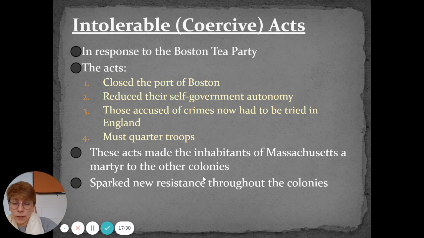Every other colony, the Carolinas, New York, they saw what was happening in Massachusetts, and all of a sudden, they're also against what was going on. They maybe hadn't been on either side previously, but now were very much so on the side of Massachusetts. They said British can't and shouldn't be able to do this, and we want to have more freedoms.